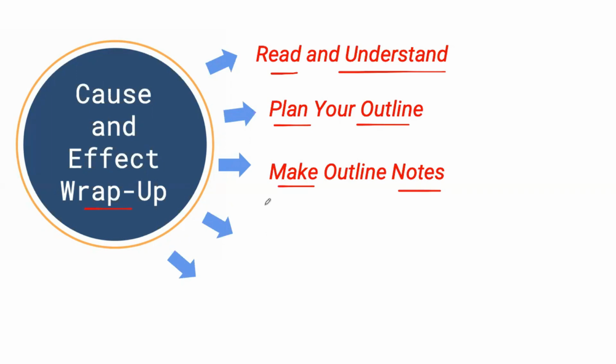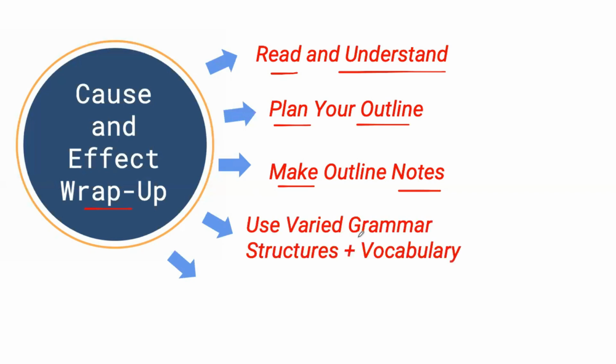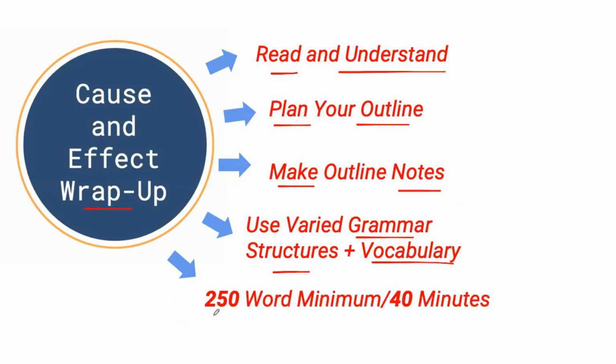Then make sure you use varied grammar structures and vocabulary. So think of your phrasal verbs, think of your collocations, and just great ways to show your knowledge and perhaps your advanced skill set in vocabulary. And of course, remember, there is a 250 word minimum, so you want to have at least 250 words, and you have 40 minutes for